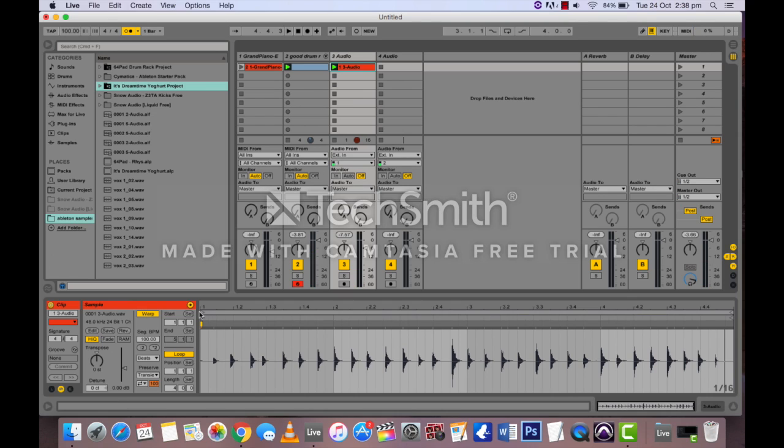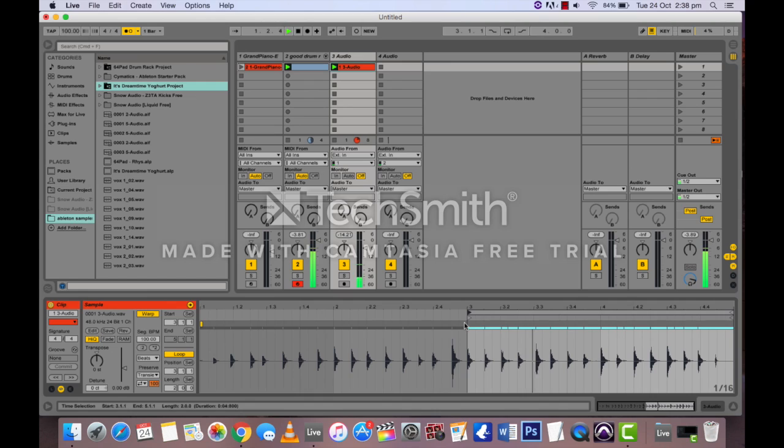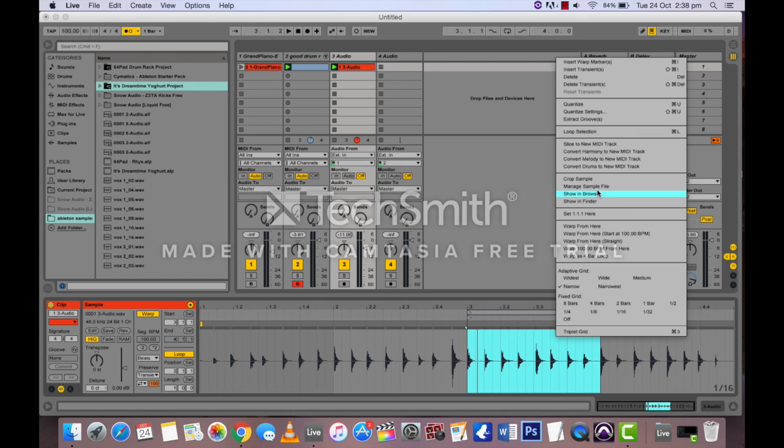So I think that the second section works best. And we'll just do it for one bar. So now I've got this, we'll just quickly crop sample